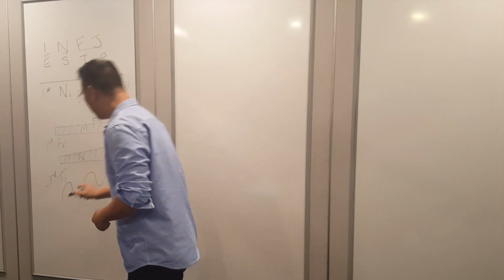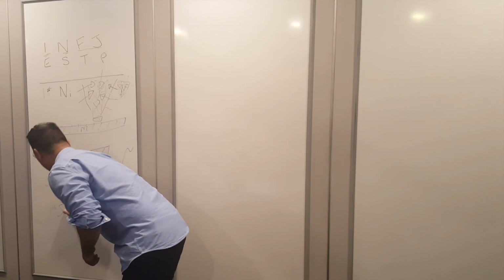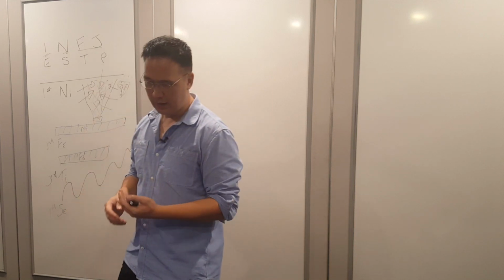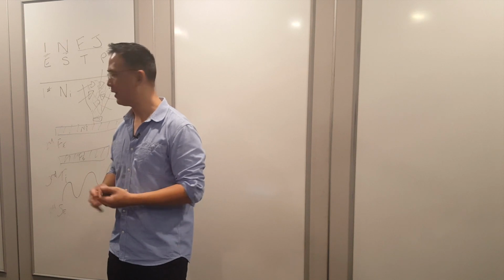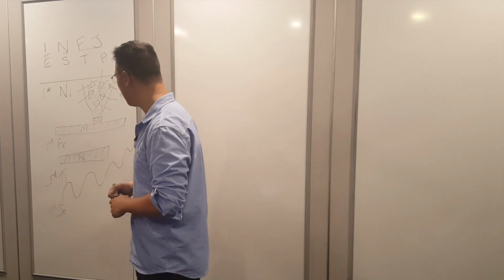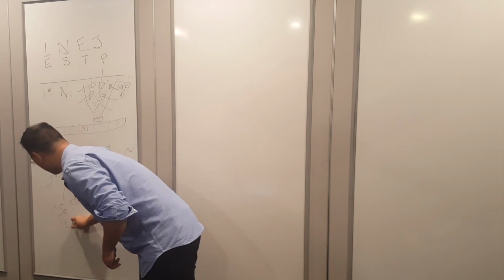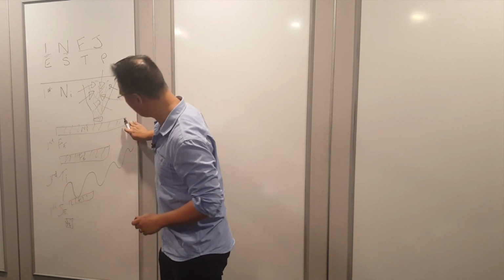So the final function, the fourth function here, is Se, Extroverted Sensing. It's an extroverted function. It makes us aware of the external world, experienced through our five senses: touch, taste, smell, sight, and hearing. It's also focused on the present and is not concerned with the past or the future. Introverted Thinking is a smaller function here, and Introverted Sensing is our smallest function. And so in order of size,